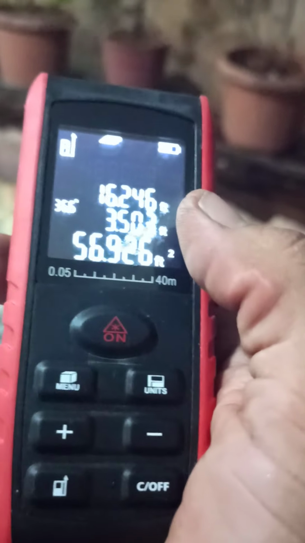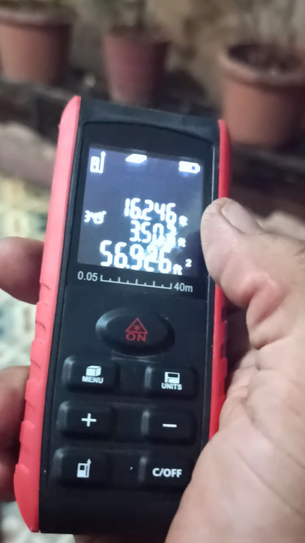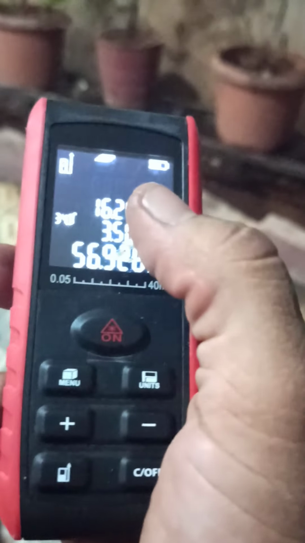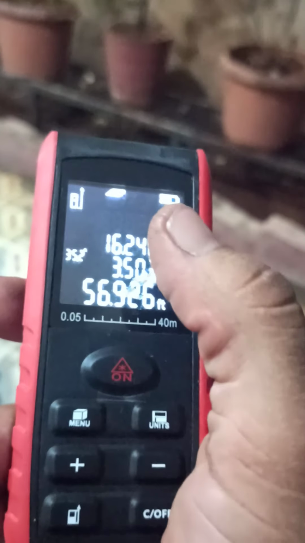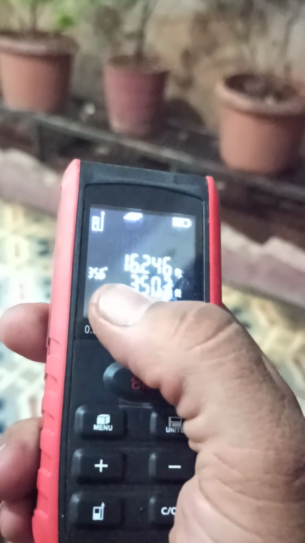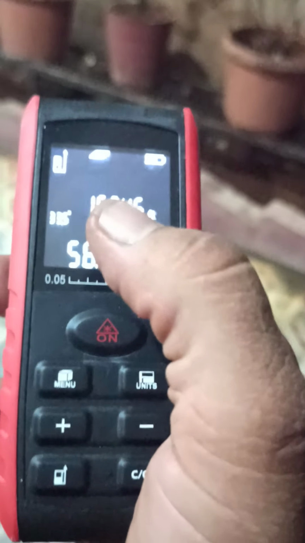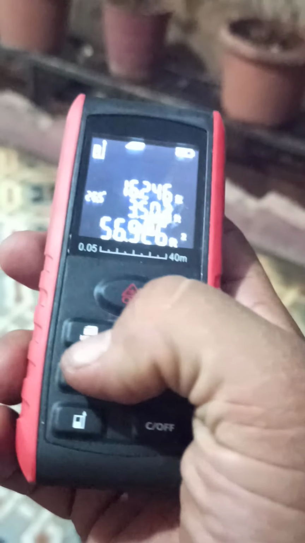See, technically speaking, I am sitting in the middle of the portico. I am measuring to one pillar, and I am not moving around. I am diagonally pointing to the other pillar, and basically this angle is 35 degrees. So it's all wrong, but just for the purpose of illustration, I am able to measure area. Now let us measure volume. Say for example, I want to measure the size of my portico.